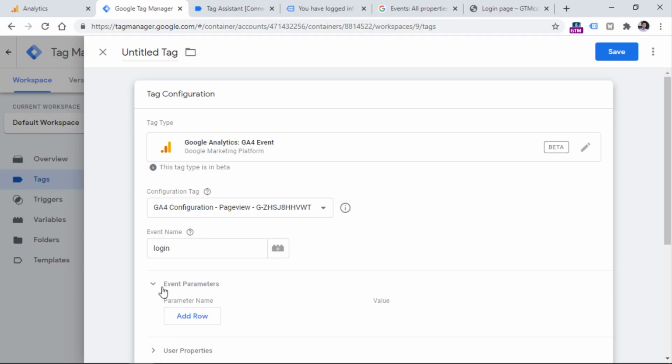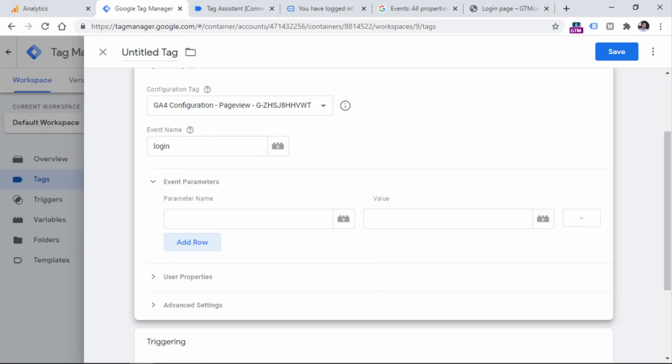However, if you have some additional parameters that you want to send to Google Analytics 4, you can just enter them like this. For example, let's say that when a user logs in, you can also send the pricing plan of that user. In that case, you can enter the parameter called pricing plan. In fact, you can enter any parameter name that you want because that is the benefit of Google Analytics 4. The data model is quite flexible. So if you want, you can enter pricing plan, pricing, plan, or whatever. This is your custom parameter, so you can send it whatever you want. Of course, there are some limitations regarding the length, but in general, you can name it whatever you want.